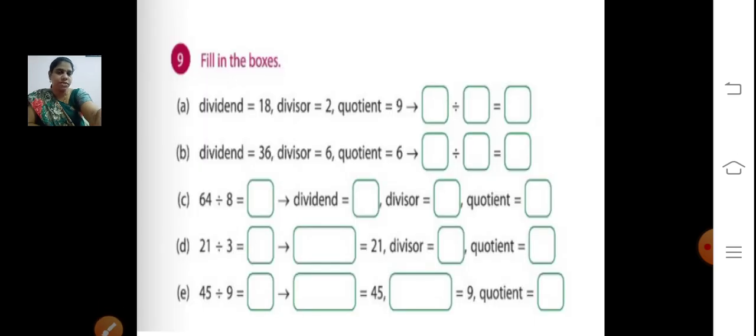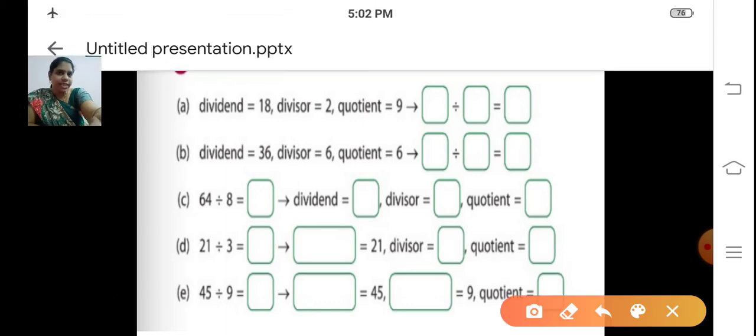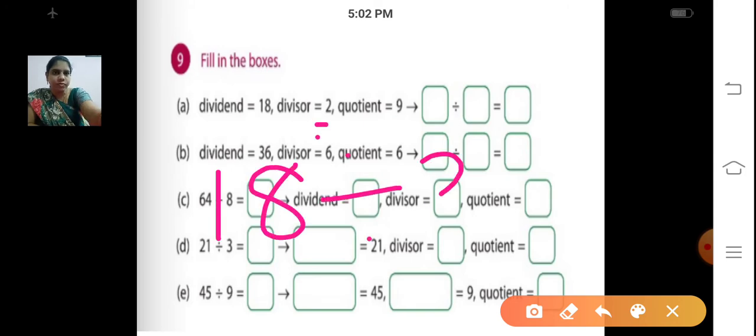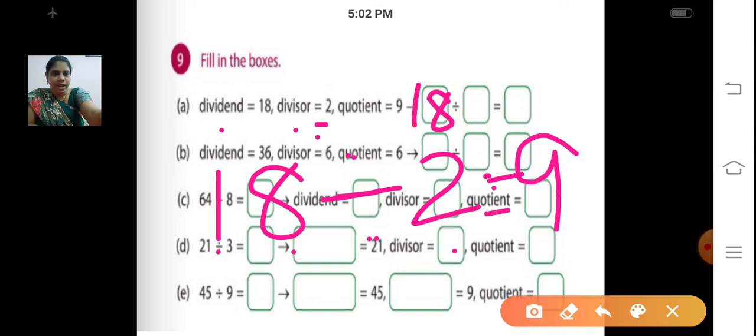And last class we saw these sums, right? So which one is the divisor, dividend? So now same sum. Only one sum we'll do now. So dividend is 18. So 18 divided by divisor. Divisor is 2. Isn't it? So what is the quotient you'll get? Answer 9. So you are going to write like this. Dividend, you're going to write first 18, divided by which number we are going to divide now? 2, isn't it? So divisor 2, what answer you'll get? 9. So write it down. 18 divided by 2 is equal to 9.